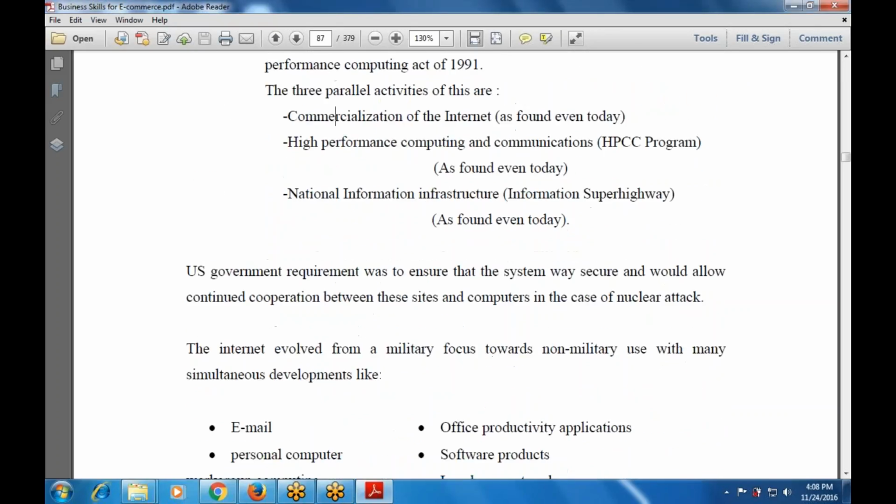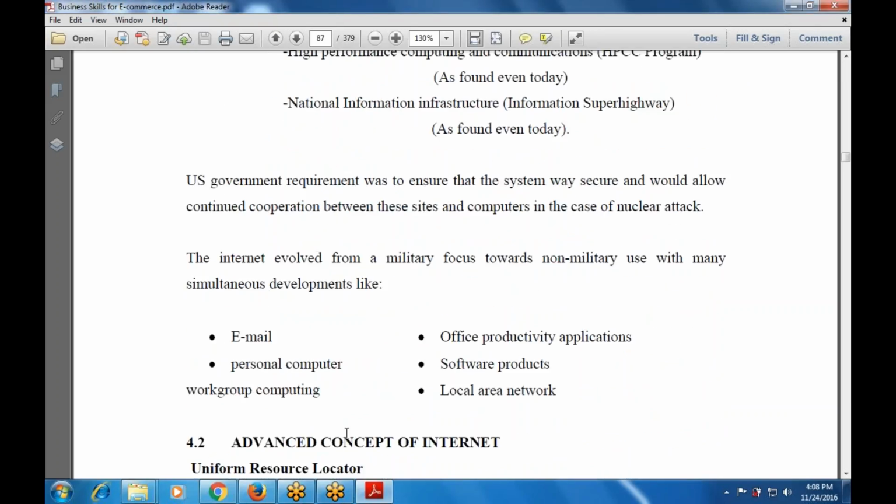These are the parallel activities. The internet also evolved from a military focus towards non-military use, with simultaneous development of the military as well as the non-military: first email, then office productivity applications, personal computers, software products, workgroup computing, and the local area network, that is LAN.